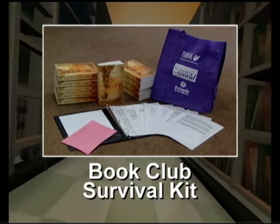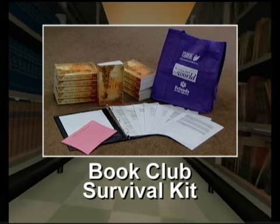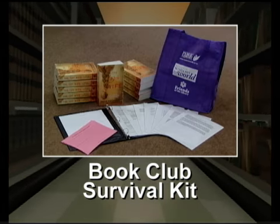We do have a new service. It started in April of this year, called the Book Club Survival Kit, and we have about 30 titles right now. You can search for those titles, check out a kit, and it's book club in a bag, and you're ready to go. The Book Club Survival Kit is a bag that has 10 copies of a book in it,